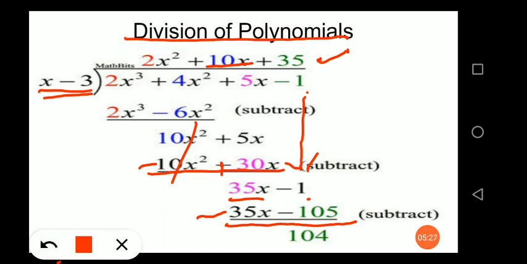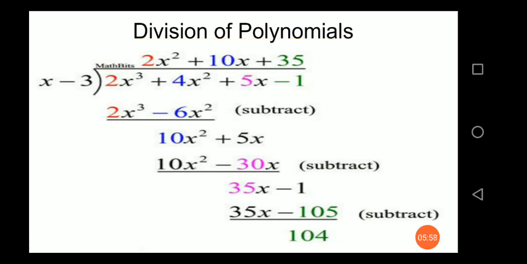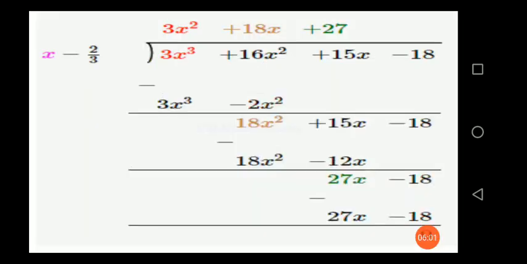Understood how to find the quotient and remainder while dividing two polynomials? Just one thing you have to remember, that always arrange the polynomial in decreasing order of the power. Then only we will get our solution correctly, and it will not confuse us during the division. Understood? Okay, next, here is one more division.